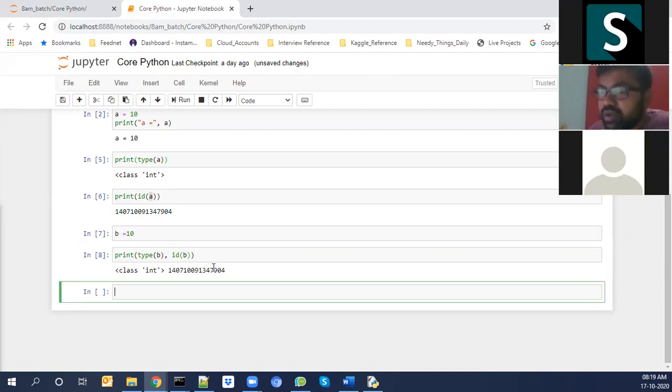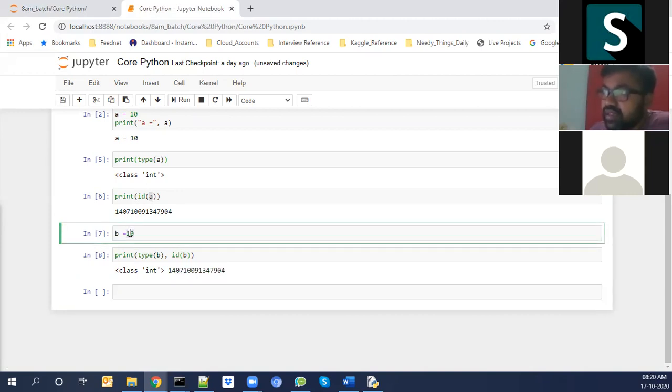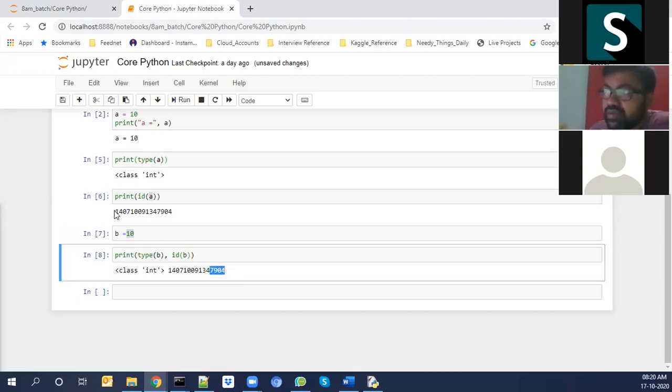We have immutable objects and mutable objects, and I'll explain this in more detail. Just understand that we are taking the same memory address and the same value, so we are saving memory. In layman's language, the same value is stored at a particular address, like 7904, and we assign it to the two variables.